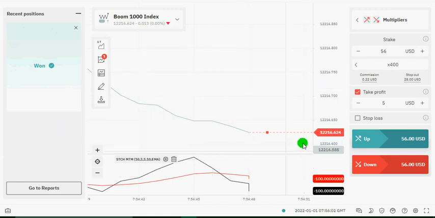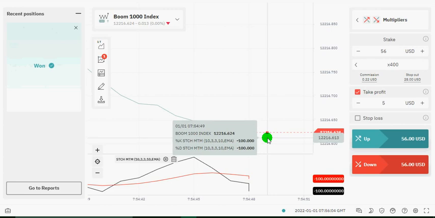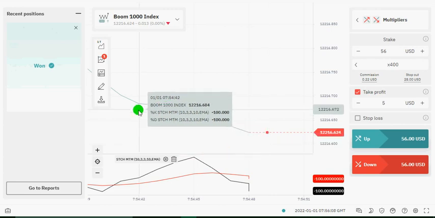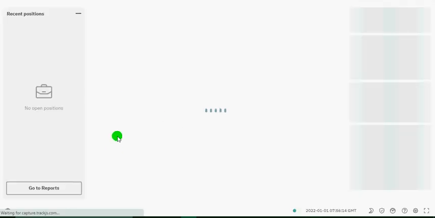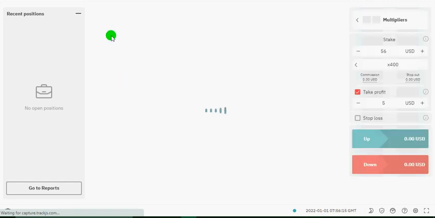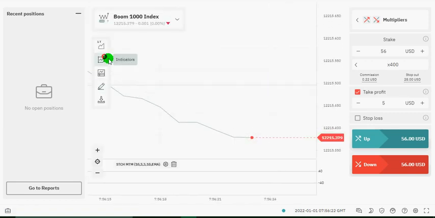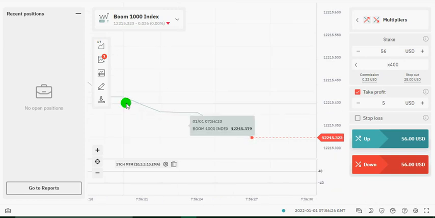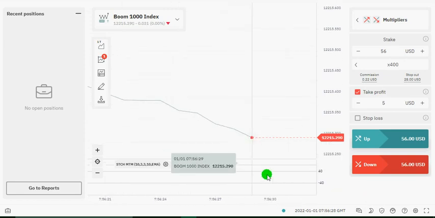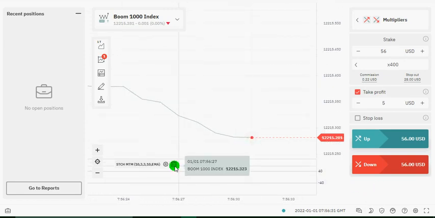Here we'll be trading the Boom 1000. So I'm going to refresh this because this has stopped moving. These are some of the bugs we observed on the Deriv DTrader interface. I'm going to refresh this for us to see the movement again, because we are working with one indicator right here, so I have to be seeing the movement for it to overlap. Okay, so you can see it's moving again. So I'm going to reset our indicator once again.